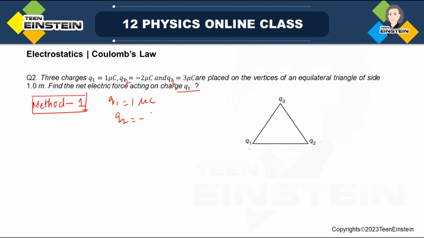Q2 is this, and Q3 is 3 microcoulomb. Okay, so this is negative and this is positive, this is also positive. So this is positive, this is positive, this is negative. So directions of the forces are important and also magnitude. So in this case, look,